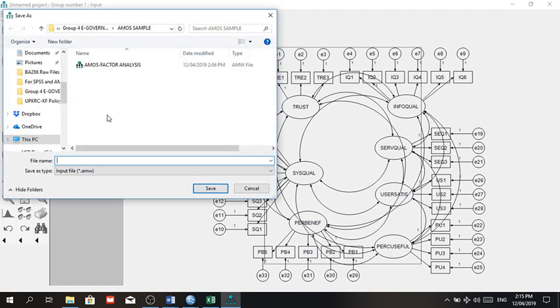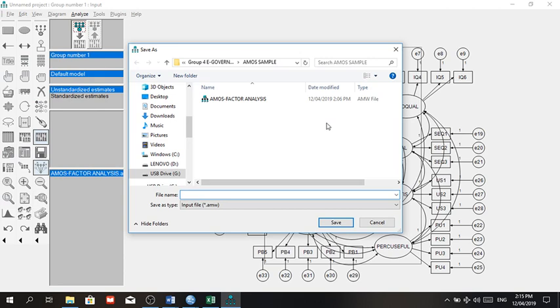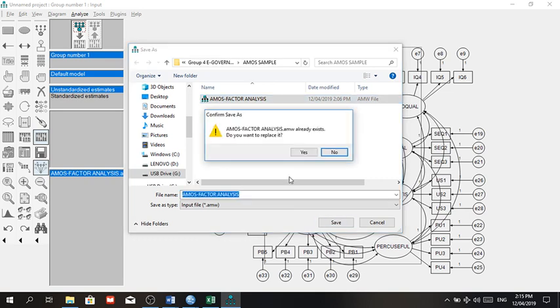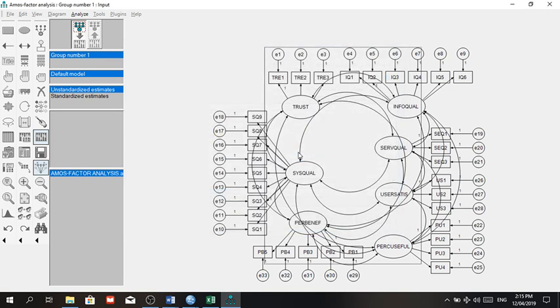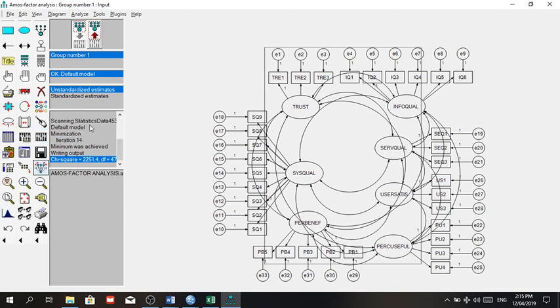Now, you know it's going to work because it tells you to save the file first before running it. So we're good. I'm just going to overwrite my file here, AMOS factor analysis. Yes, I'm going to replace the file, and wait a little bit for it to overwrite, do its magic, and run it. Okay, this window that you see here on your left hand side is a summary of the computations being done. But what we want to see obviously is a more detailed description of it. So we click on view text,